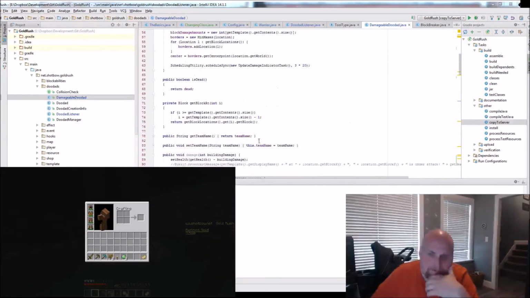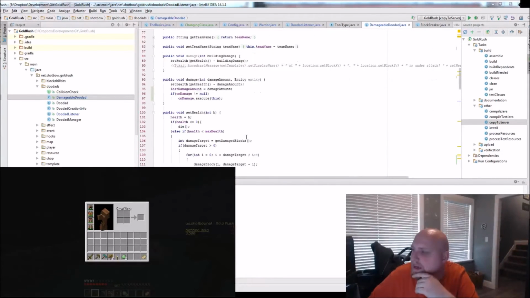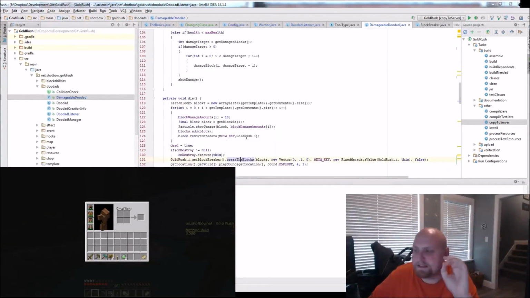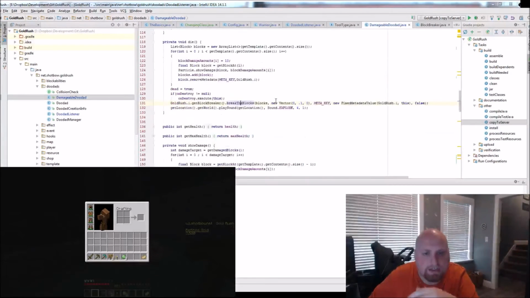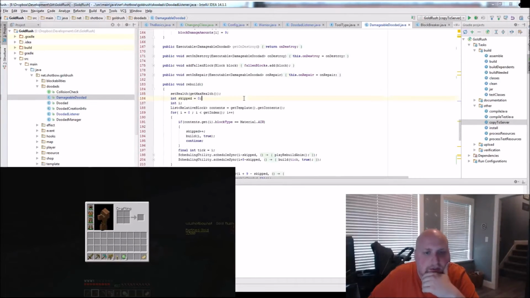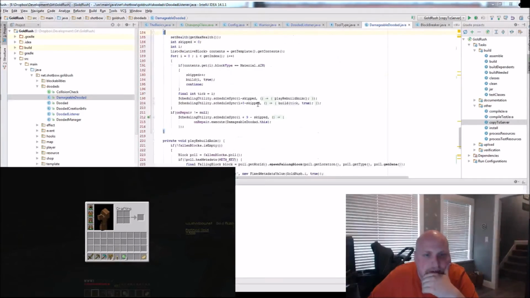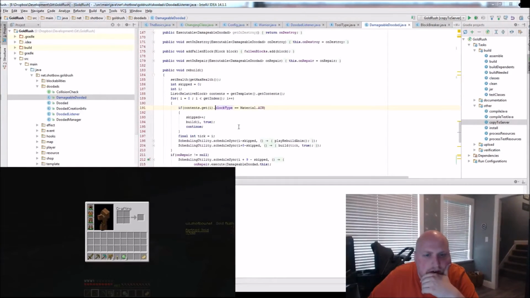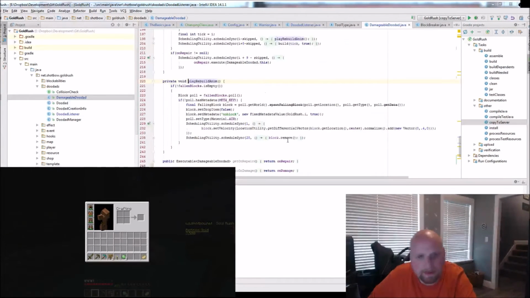And then I need to go into my damageable doodad repair. This is using Bukkit's metadata system. I'm a big fan of it. It's kind of awesome, but the scope of the metadata is not managed very well, and they admit it in the API that you have to manage the scope. So you can end up with some pretty easy memory leaks. So what I want to do is go in here and go, do I have a play rebuild in? And that's what I want.